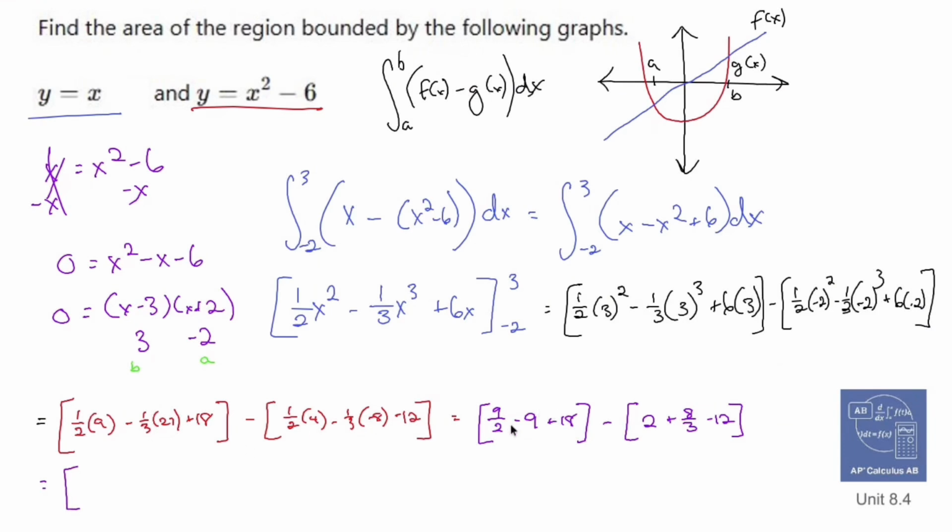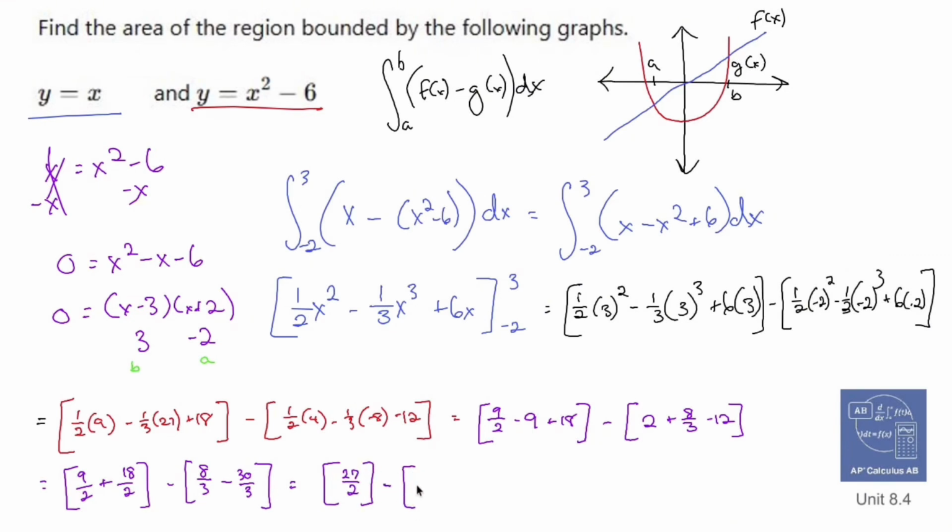That is going to be, let's kill two birds with one stone. I'm leaving it, I'm not editing anything. Negative 9 plus 18 is going to be 9. So let's make that 18 over 2. What is that? Negative 10 plus 8 over 3. So let's make 8 over 3, and negative 10 is going to be minus 30 over 3. See what I did there? That is going to be 27 over 2